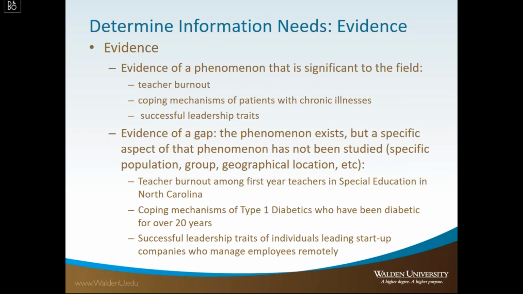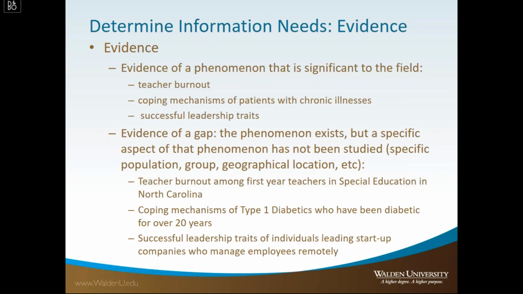Now we know that all of these things are significant to the field because there's already so much research on those phenomena. So what we're looking for is, where does the research run out of track? Where are the opportunities to build on the existing research on these really broad topics? Well, that's our next challenge: to look for what the literature covers and what it doesn't cover, and then to take those and explore those opportunities to try to narrow down a gap and create our research